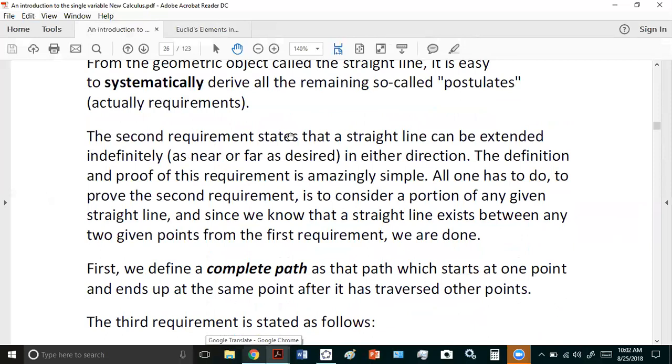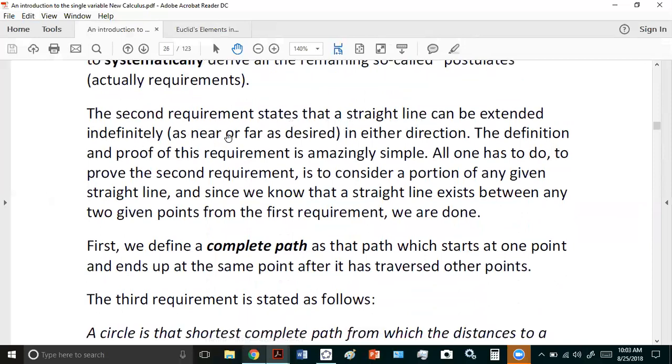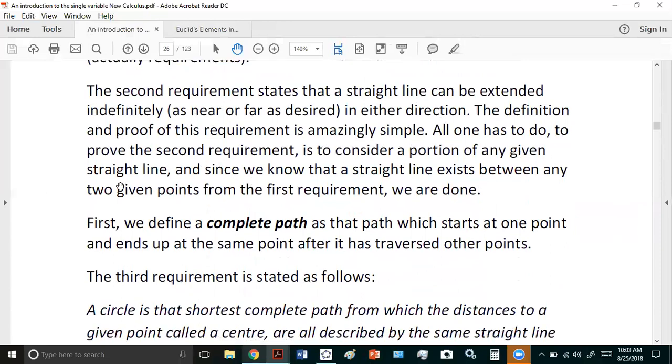The second requirement states that a straight line can be extended indefinitely. The definition and proof of this requirement is amazingly simple. All one has to do to prove the second requirement is to consider a portion of any given straight line. In other words,